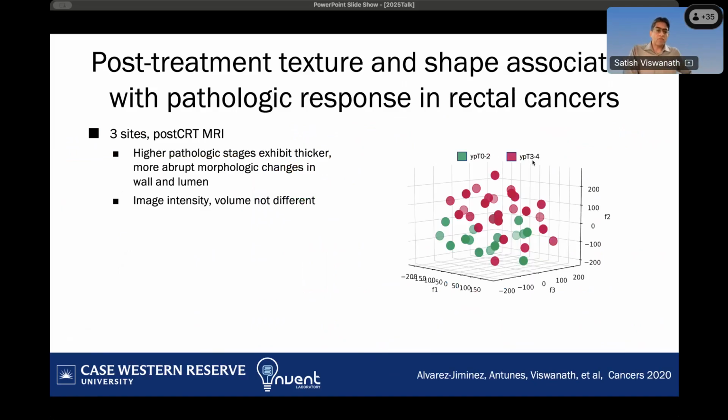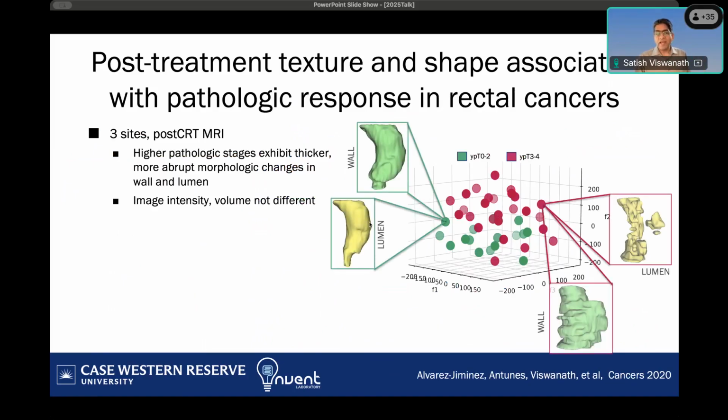But now what happens if we start to look at the other MRI scans that we get from these patients? Everything I showed you so far is on a baseline image, so something acquired before any therapy. So now what happens if we look at the same patients, but after therapy? Can we evaluate the response to therapy? So when we do this, what we actually found was